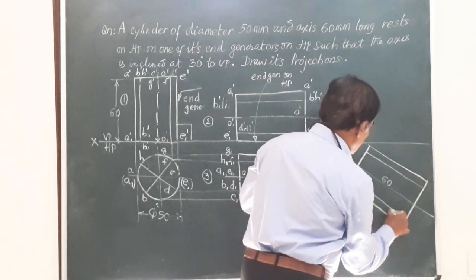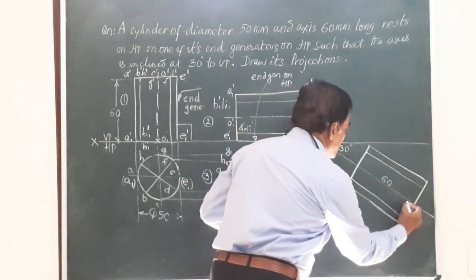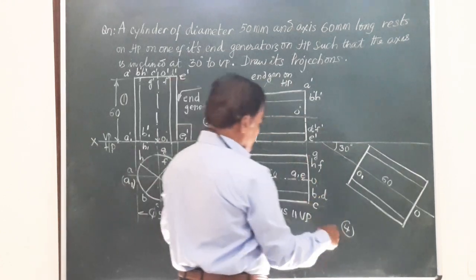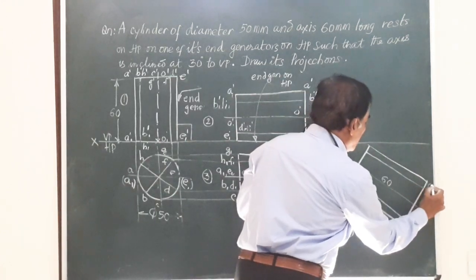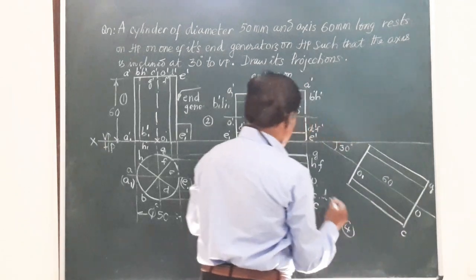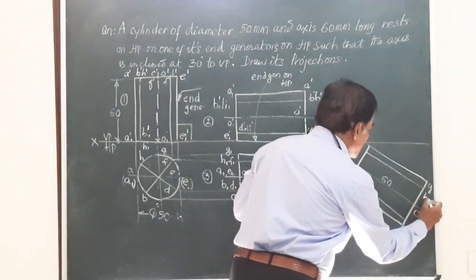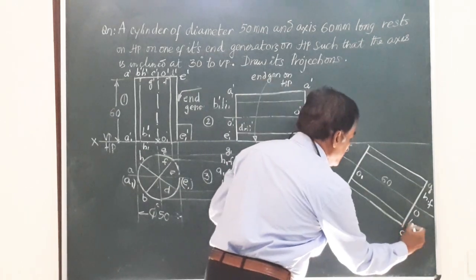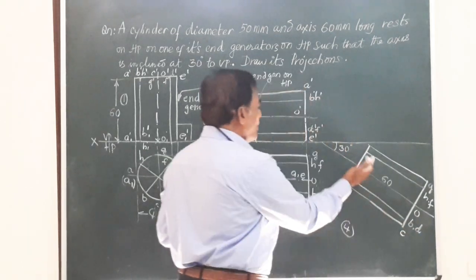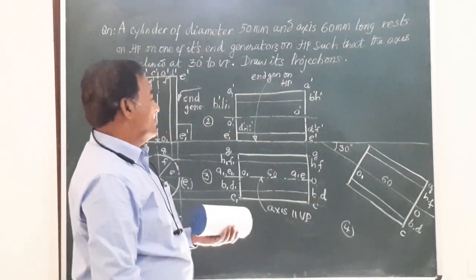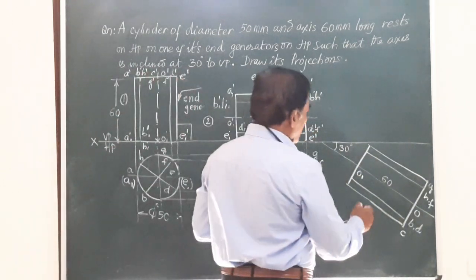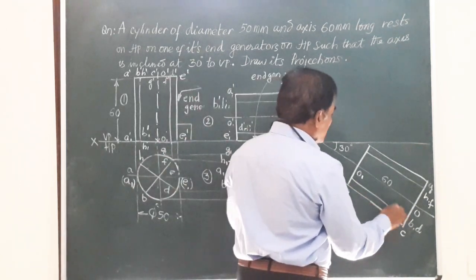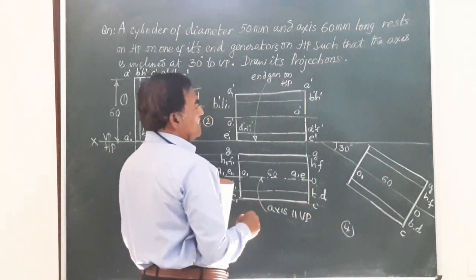These lines, the generators, this point is O, this is O1, the extreme points are G and C, this is G, last one, this is C, other points are H comma I, this is B comma D. So let me mark the bottom portion after I complete that. Friends, here you can see, here we have redrawn this figure, the top view of the second figure, and this has got a dimension similar to figure number 3.